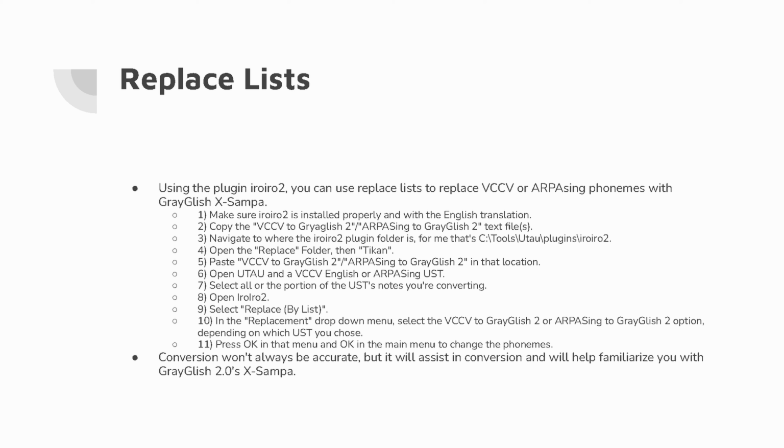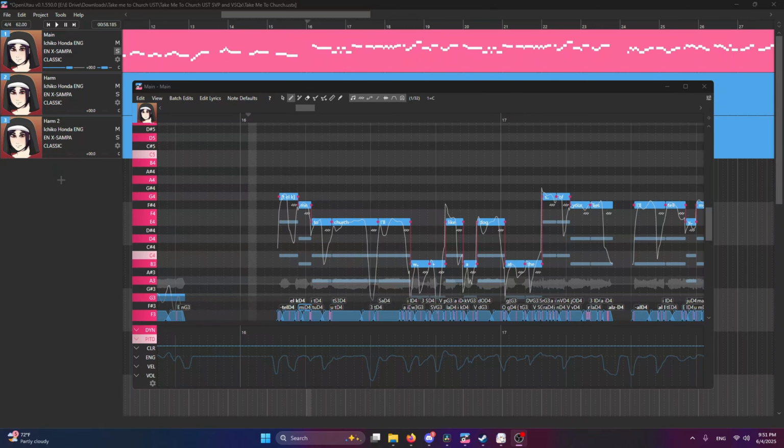Now, while the same method can be used in OpenUtau when using Ito 2 as a legacy plugin, it's easier in OpenUtau to use the Phonemizer. OpenUtau already has a built-in X-SAMPA Phonemizer, but the YAML file, we need to use a different one to specify replacements and fallbacks that aren't in the default X-SAMPA Phonemizer. So you're going to open up OpenUtau, put your singer in, and then select the Phonemizer on the USTX and make sure it's in X-SAMPA. And then in OU's plugin folder, replace the enxsampa.yml with the one provided.